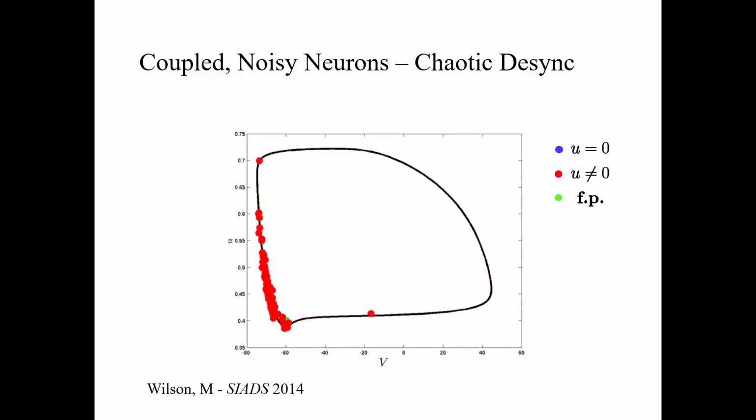When they're blue, the control is off. So when the dots are red, the control is trying to exponentially desynchronize the phases of the neurons. Eventually,